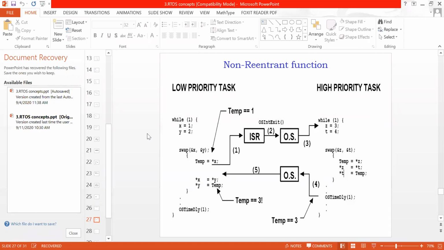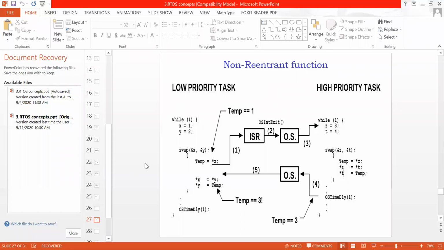But this is not possible if you use non-reentrant functions. In non-reentrant functions, whenever we switch from one task to another, the data is corrupted, which means one of the tasks fails, most of the time the low priority task. So these kinds of functions are not good, and we should avoid them. In RTOS, do not use non-reentrant functions.